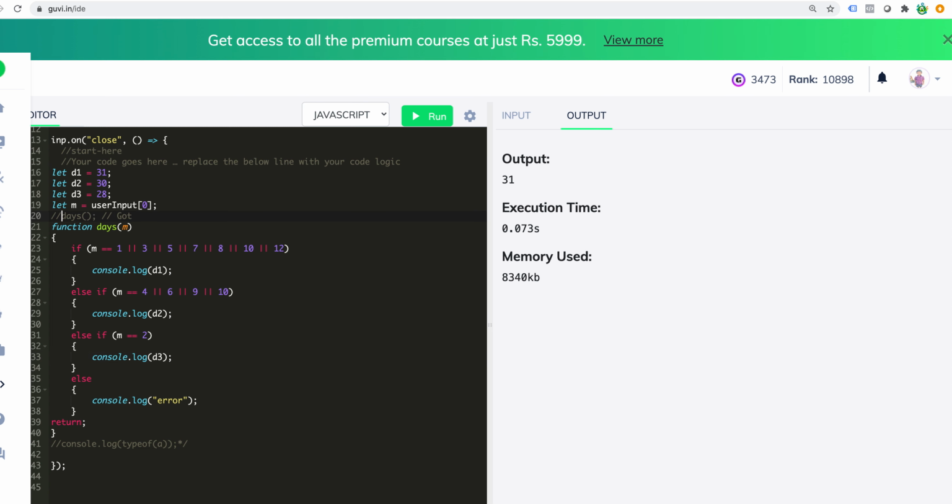Let's see. This is the state which he gave. If I don't call it, it will give me nil, which means the function is not executed, nothing is happening in this code, so it is returning null. So the first fix I did is I just called the function.